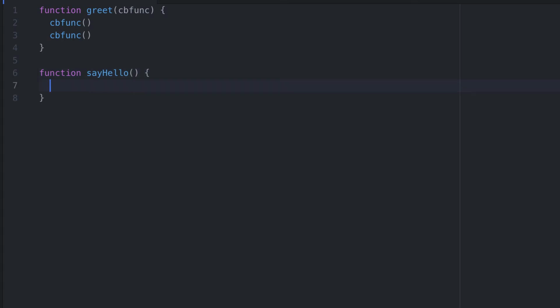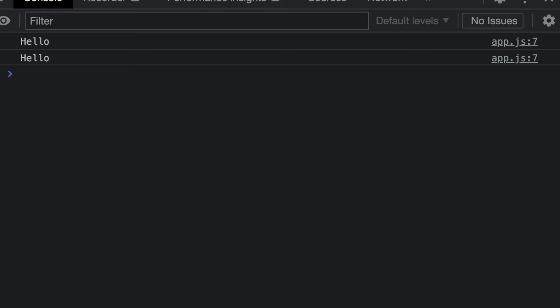Inside of this function, we'll console log hello. Finally, let's call the greet function, and for the argument, which will be the cbfunc parameter, we'll pass in the sayHello function definition. When this runs, we get hello printed twice because greet is invoking the function twice inside of